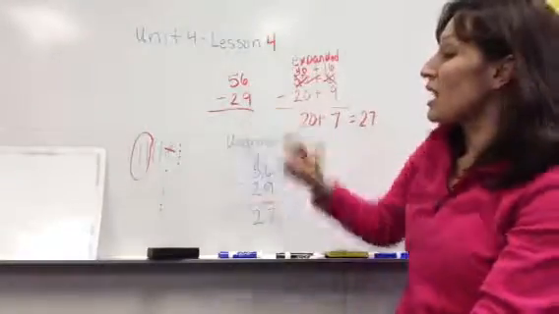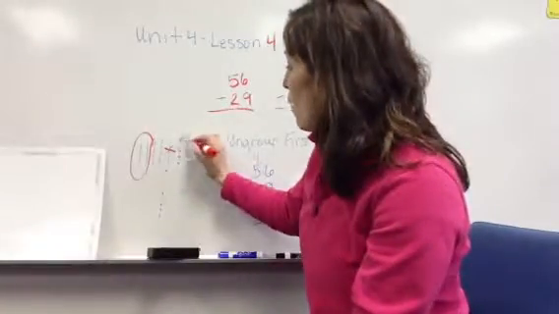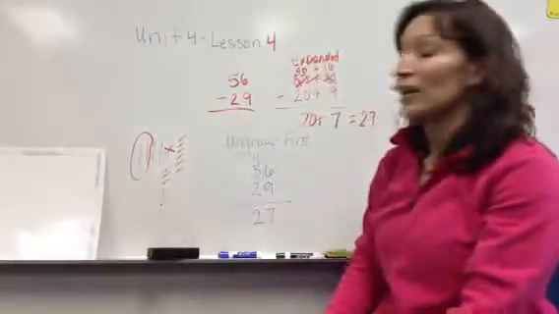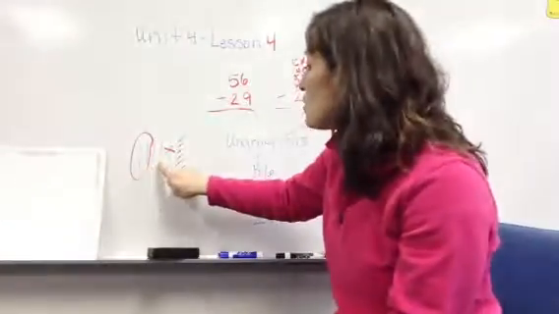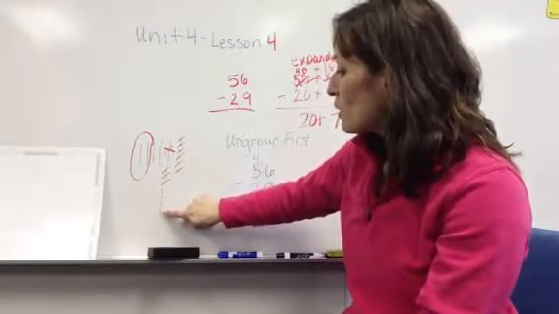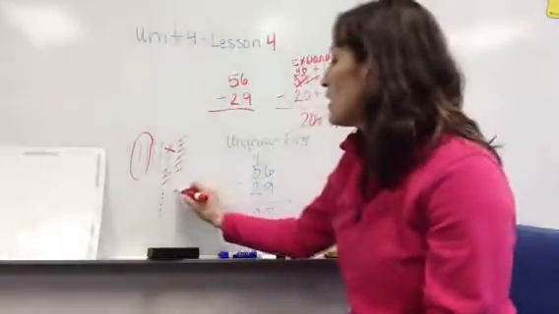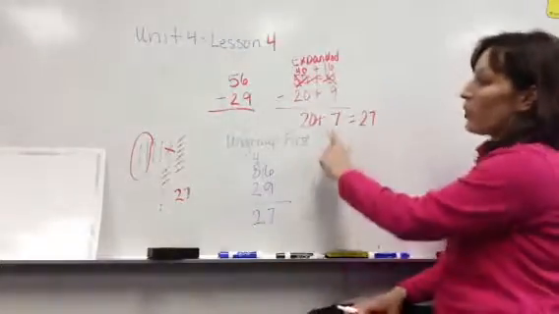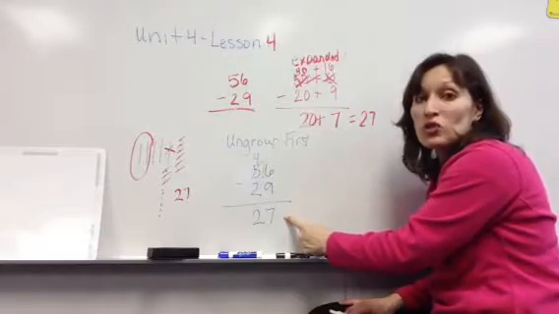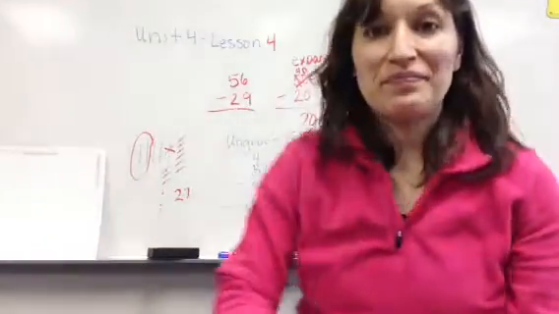Now I can take the 9 ones away. 1, 2, 3, 4, 5, 6, 7, 8, 9. And we can count who's left. 10, 20, 21, 22, 23, 24, 25, 26, 27. It totally matches what we did up here in the expanded form version and what we did in the ungroup first strategy. I'll even be recording it on the